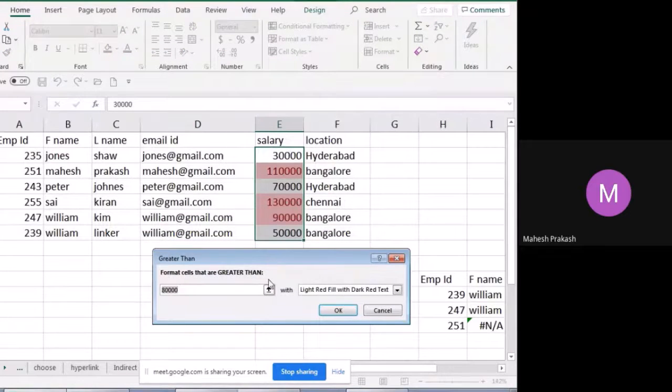It will highlight all the cells for the particular number you give. What I'm trying to do is I want to know all the rows whose value is less than 1 lakh. It says greater than. So if I select greater than 1 lakh, all the details greater than 1 lakh will be highlighted. You can change the color as you want.